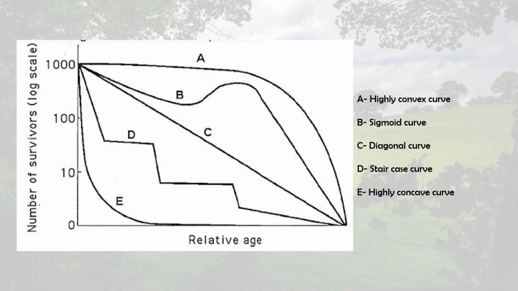Because of less mortality, we can see these flatter regions. And E1 is a highly concave curve. This is seen in frogs or marine animals with various larval stages. And you can see that the number of survivors in case of